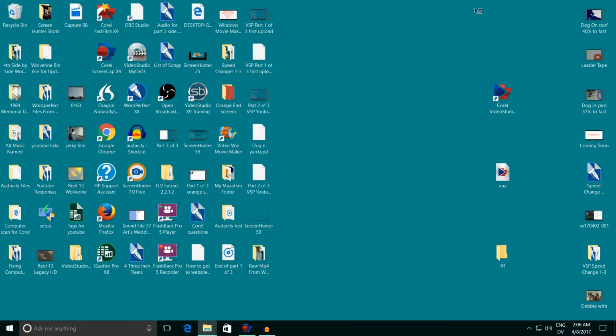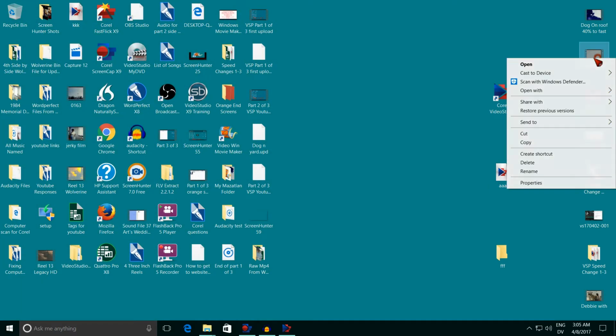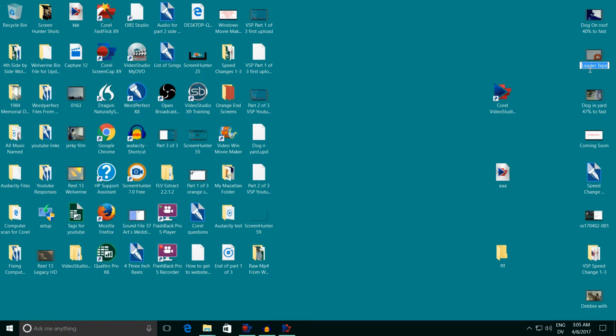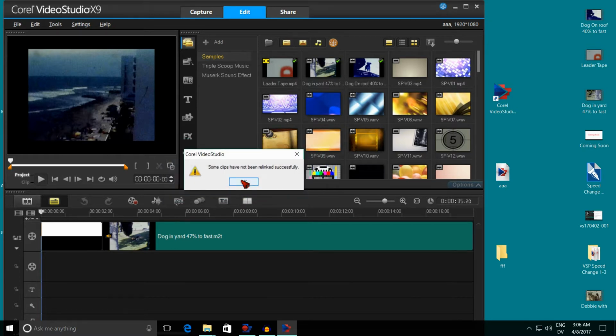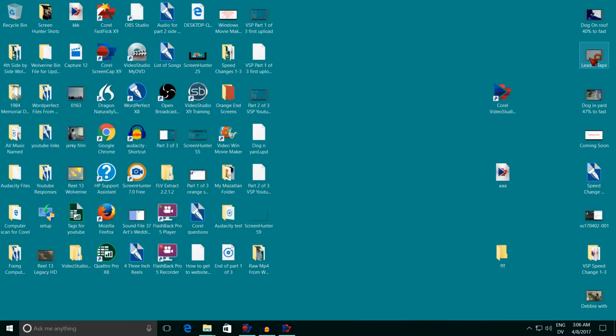Let's say you want to rename this movie because you notice it was misspelled. So now you name it Leader. Then you come to Project and open it up. This box comes up and notice here where the movie is supposed to be, that's telling you it cannot find the file. I'll close all this down. I'll rename it back like it was, in other words, to the original name. Now, when we open the project, it can find it again.